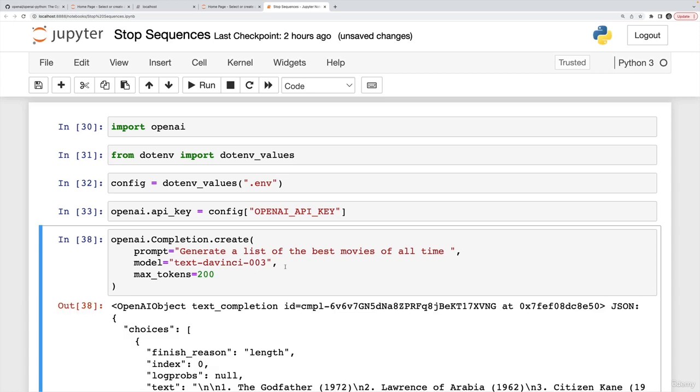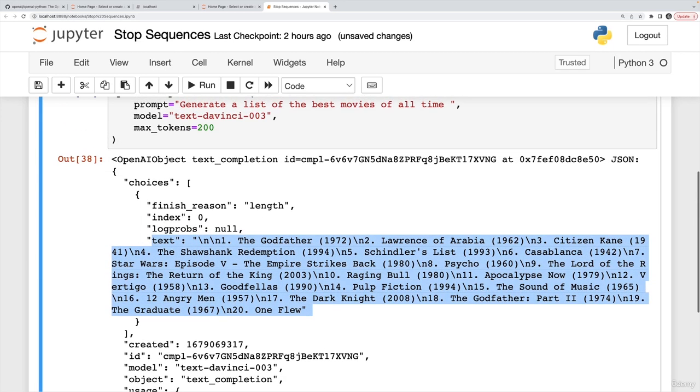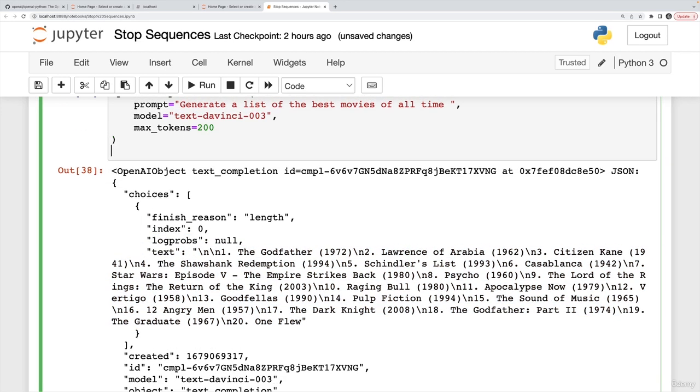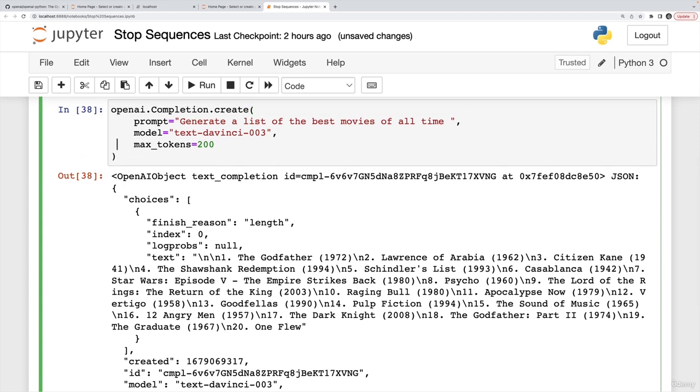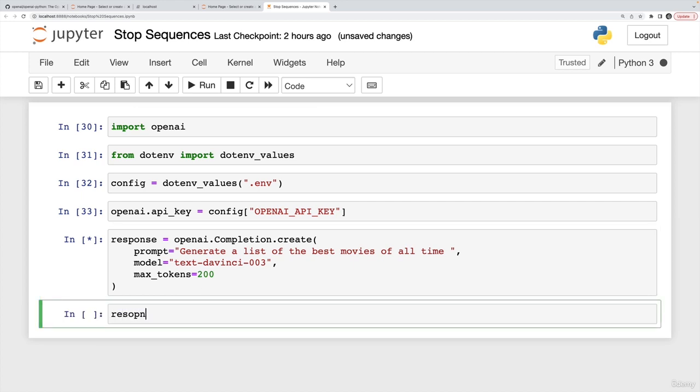And we still wait. Okay. And here's my list. You can see the way it's given me this list; if I print this out, it will certainly look a lot nicer. So maybe I should do that just to show you. If I put that in a variable, we'll call this response. All right. And then if I look at response,